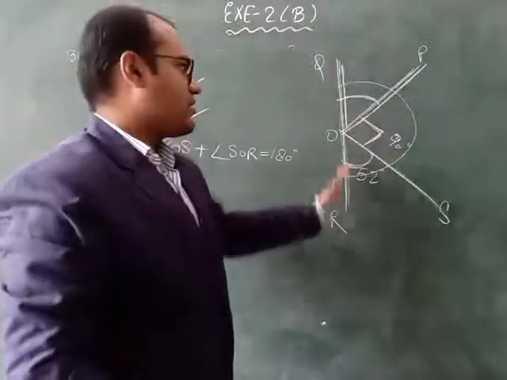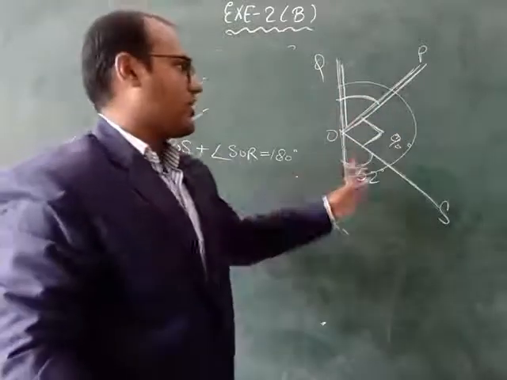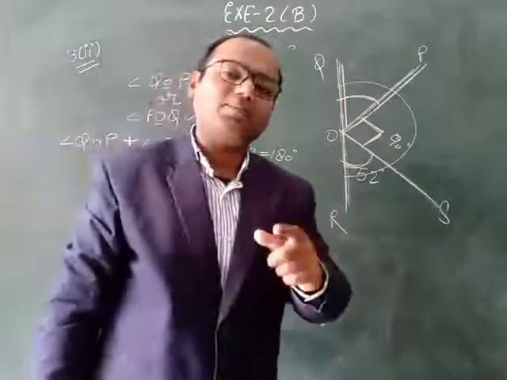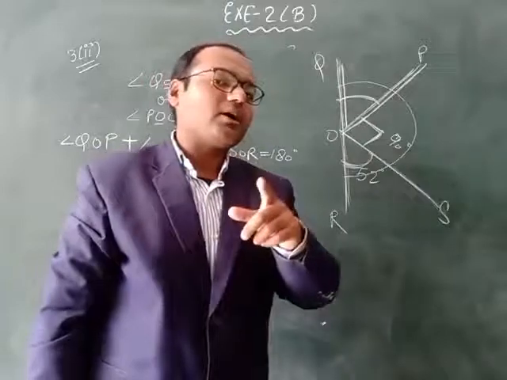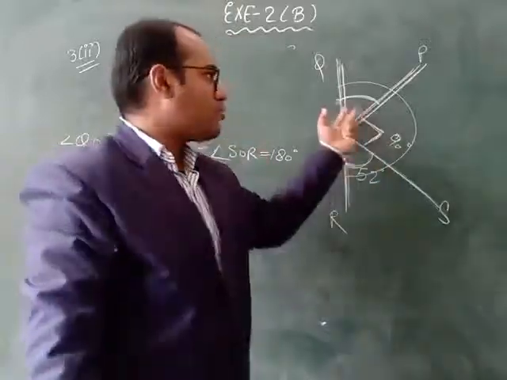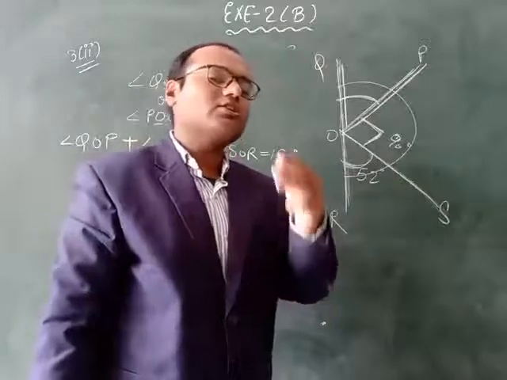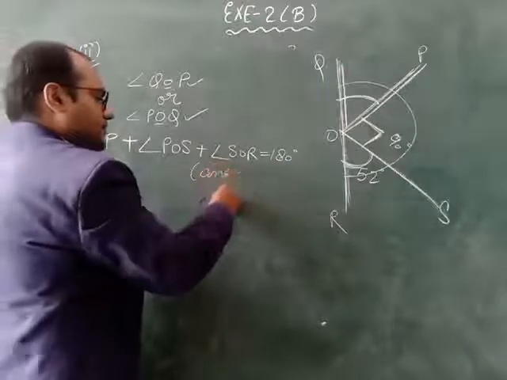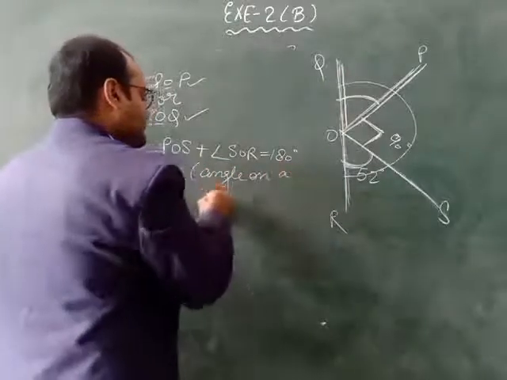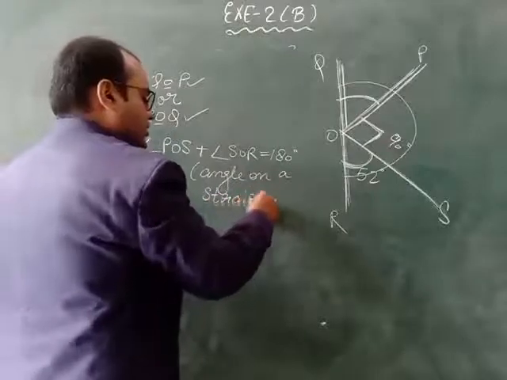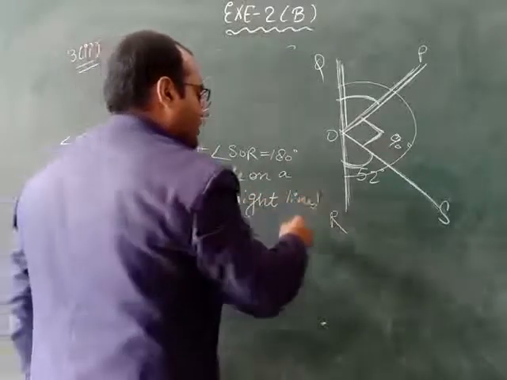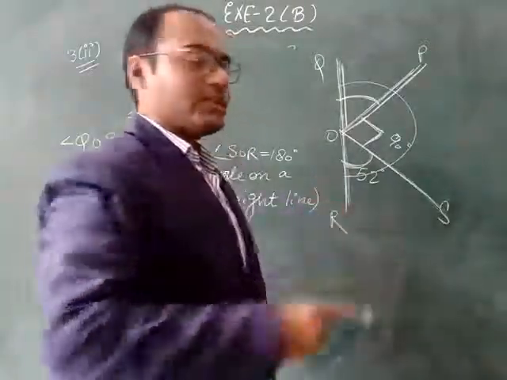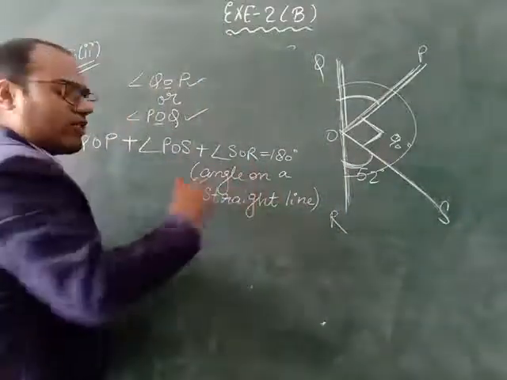This is a straight line. All the three angles are coming on a straight line. So sum of all these three angles will be 180. But we will not write property as a linear pair because in the linear pair, pair word is coming and pair means two. But here two angles are not there. Here three angles are coming. So we will say this property name is angle on a straight line. We will not write linear pair. In the linear pair, pair word means two angles. So here three angles we are having. That's why we will write it as angle on a straight line.